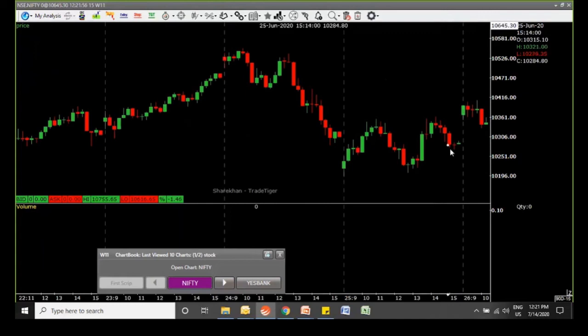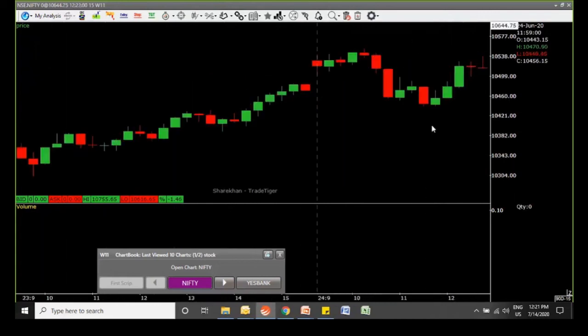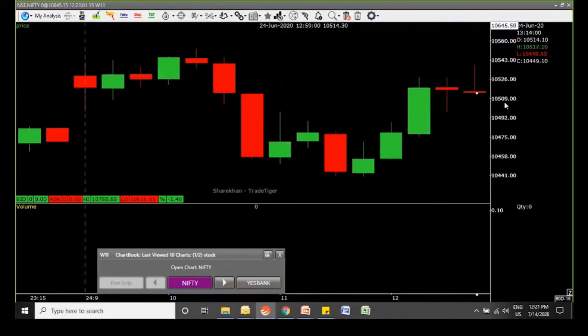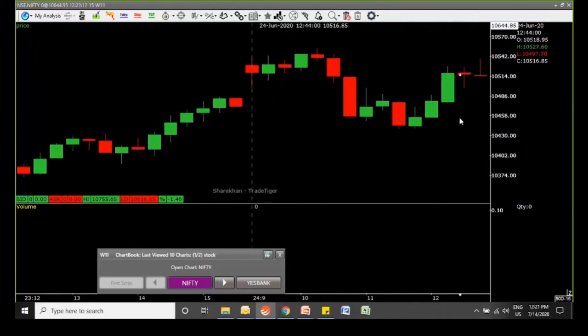Okay, the bearish counterparts of them. You can even look at something like this. What we looked at as dragonfly, this is a bearish counterpart, which is the gravestone doji, in case it does not have a real body. Now since this has a real body, we can call this a shooting star, the exact opposite of a hammer or a dragonfly doji which we looked at.